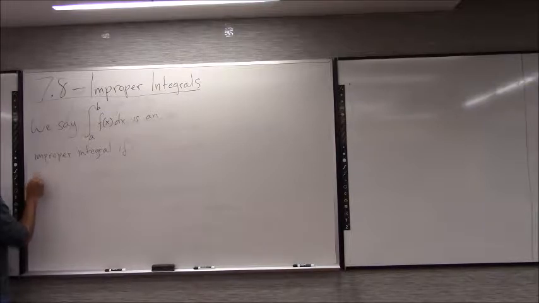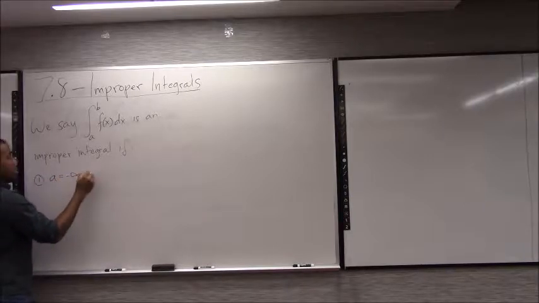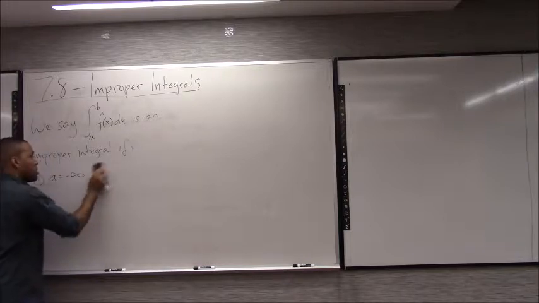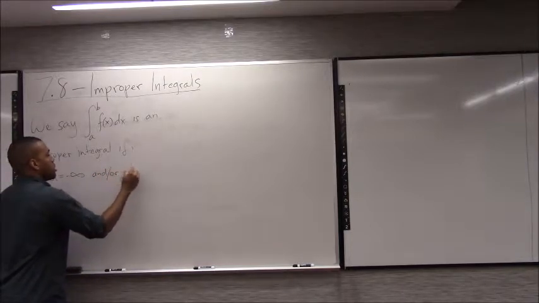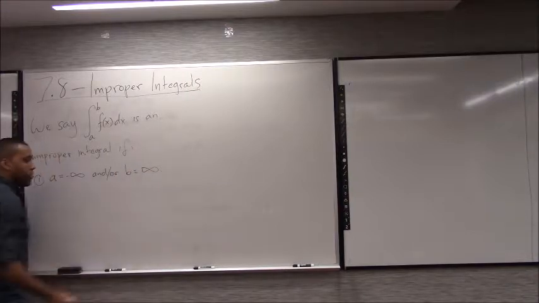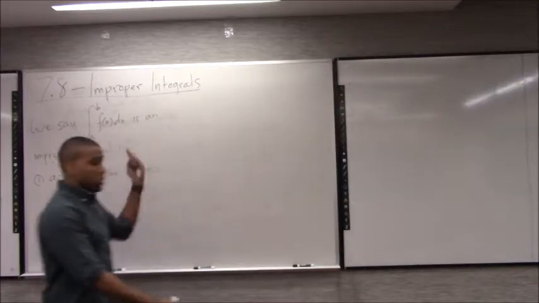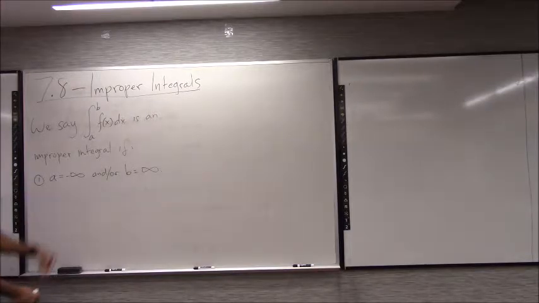Either one, your a equals minus infinity, and/or your b equals positive infinity, right? So if you have any infinite limits, which come up in practice all the time, believe it or not, where you let the limit on the integral go off to infinity,